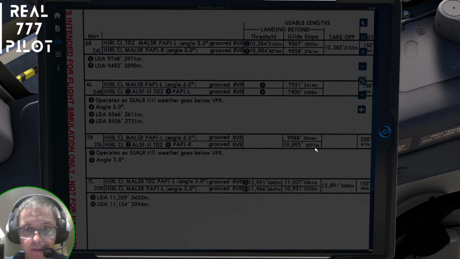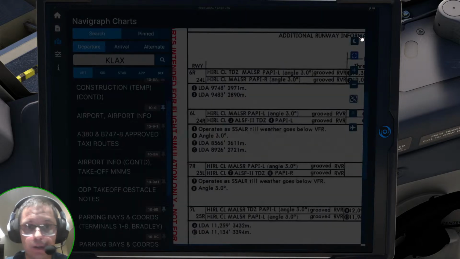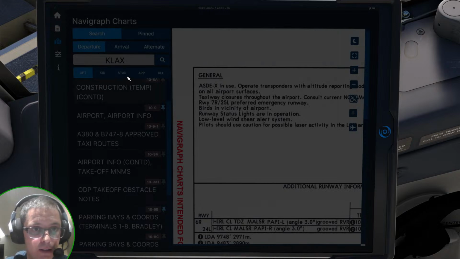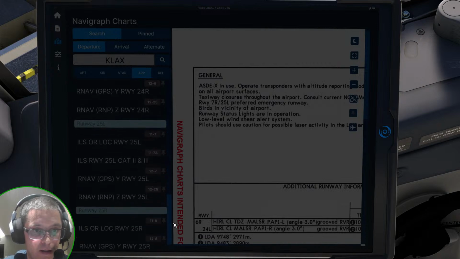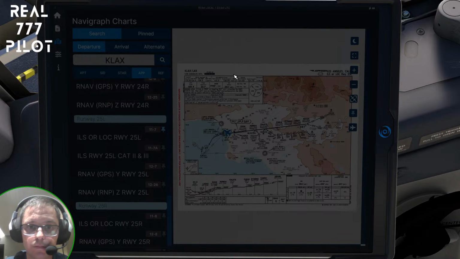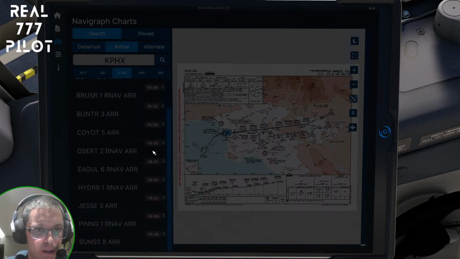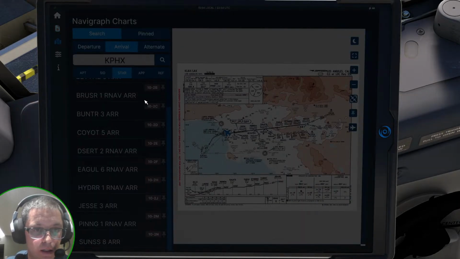25 left will give us landing distance beyond the glide slope of 3,077 meters, which is a lot for a 737. So runway 25 left in this case. So approach, if we need to come back, ILS 25 left. That's the one. Okay, so that's something. For our arrival, we are expecting one more time the Hyder 1